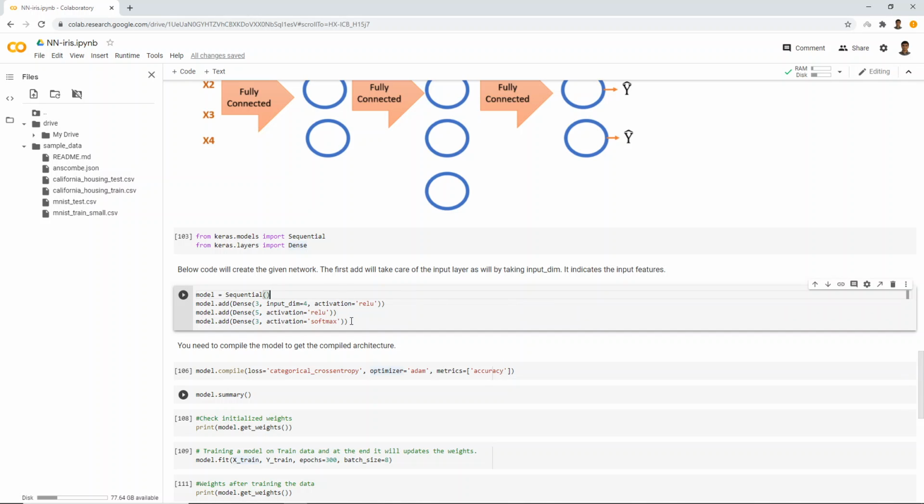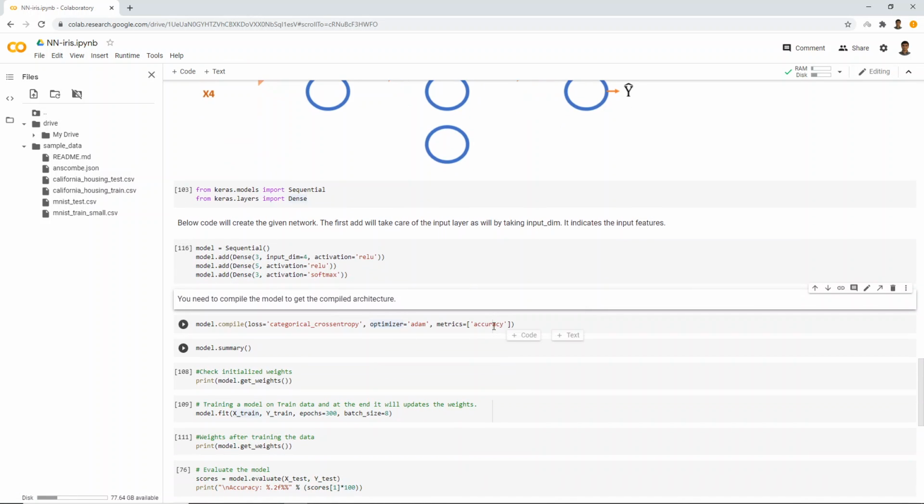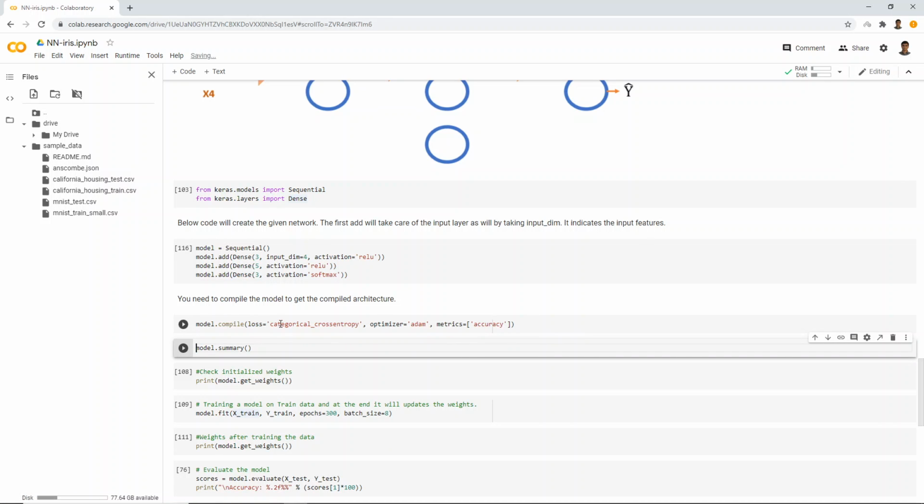Okay, so we have added the layers. Once we have added the layers, we need to compile it to get the structure. In that compilation, we need to specify the loss, optimizer and metrics that we want to use. The loss is categorical cross entropy, since we have multiple classes. And the optimizer is Adam. If you don't know much about optimizers, you can use this Adam optimizer. There are other optimizers as well, but this will give you good performance. For metrics we are using accuracy. You can use other metrics as well. Once you compile this model,